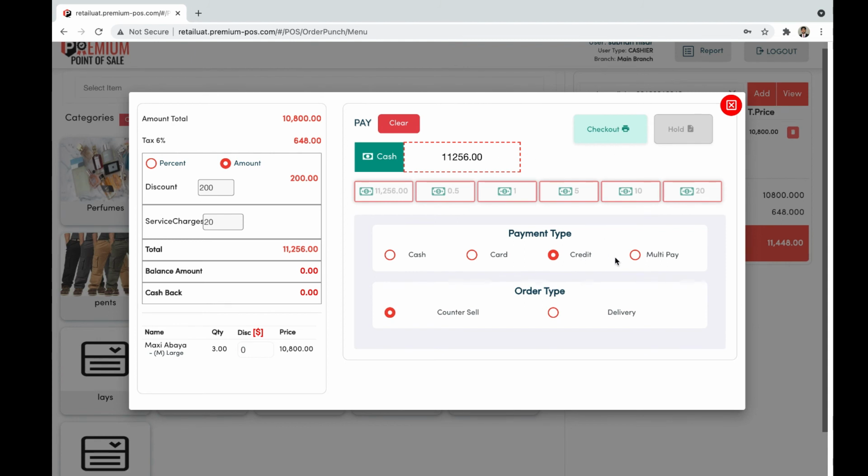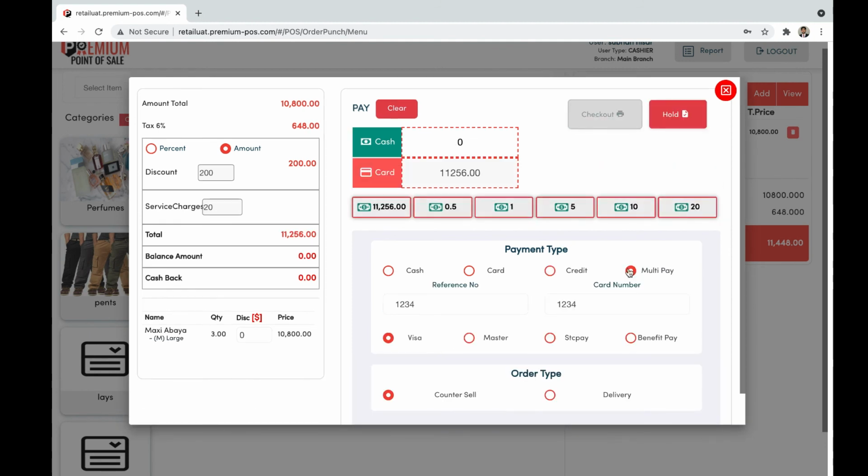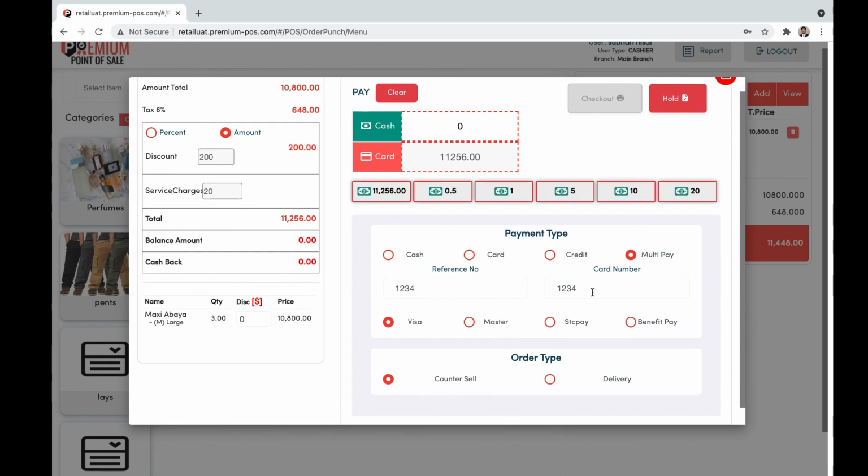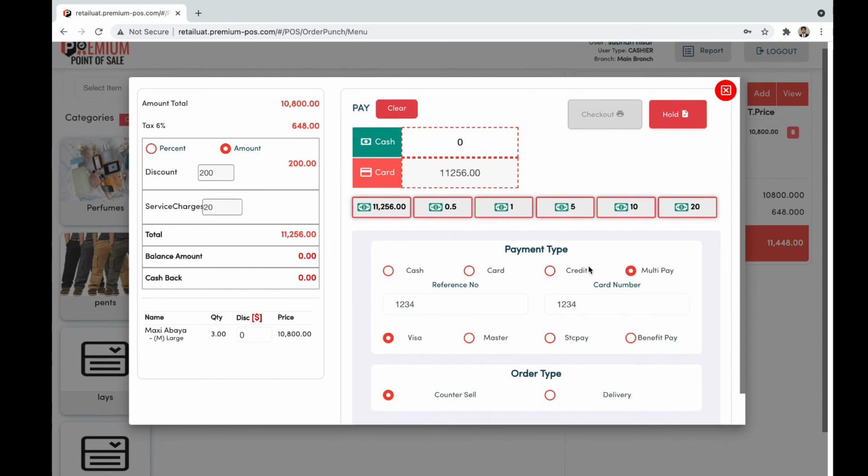If the customer wants to pay both by card and cash, the cashier can select multi-pay, write the card reference number here, the card number here, and whether the card is Visa, Master, STC Pay or Benefit Pay. The cashier can write here the amount of cash the customer has given, like 200, and the rest of the amount is calculated by the POS from the card.